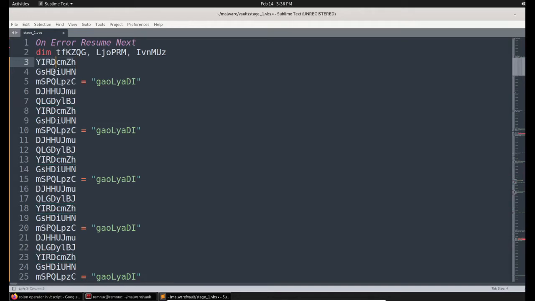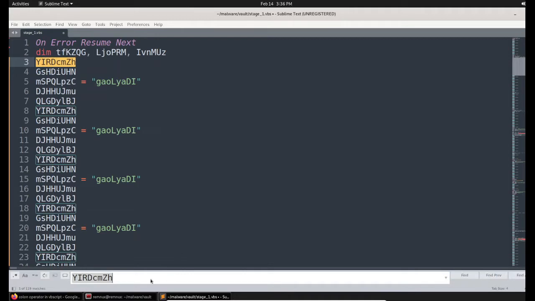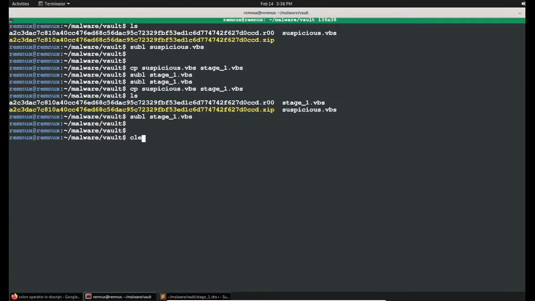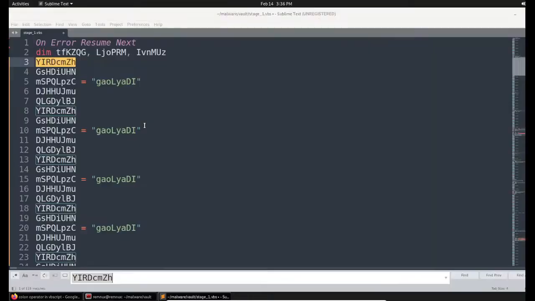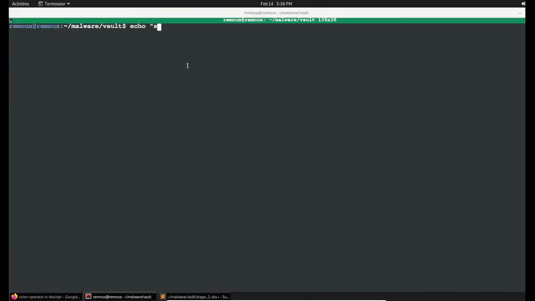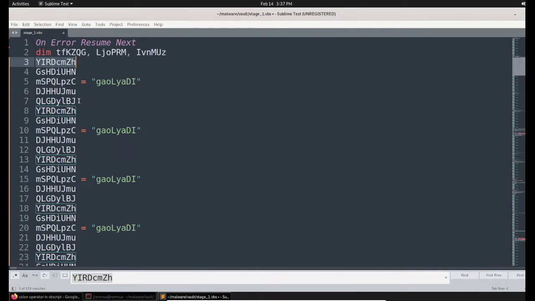If you see this particular line, it is just a blob. It is nothing, so it doesn't mean anything. Though it looks like base 64 characters, let me bring it into the clipboard once again. It is not actually base 64. It's just a blob, nothing. So they just used it for some obfuscation.